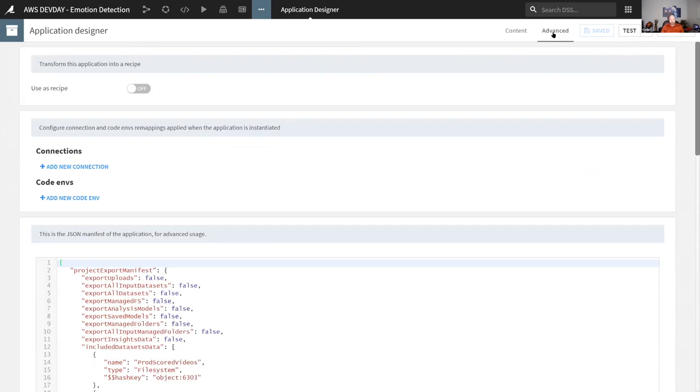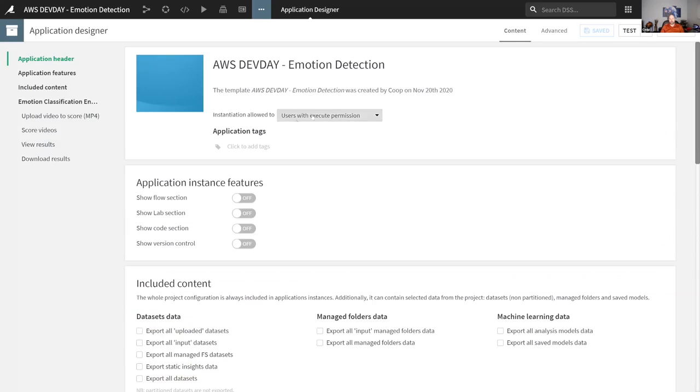So I'm not quite sure what the advanced does. And also, in advanced, actually, I can package this app up as a recipe, which I'm not 100% familiar with exactly how to use that. But effectively, I could make classification of videos into a recipe block that could be placed into a Dataiku flow. So you can encapsulate a whole bunch of complex behavior and then add it as a black box into other